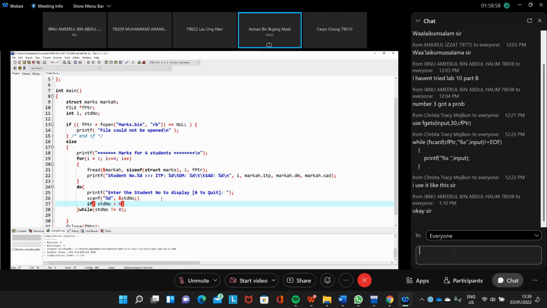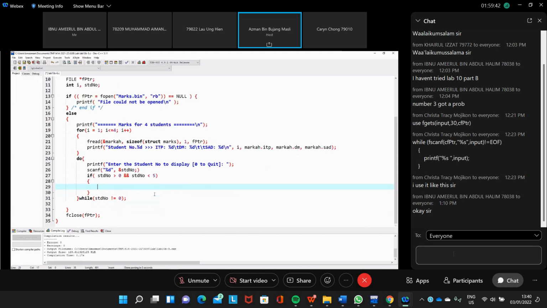Okay, student number is n, because otherwise people can also enter other values, and student number less than 5. Okay, we just allow for greater than 0 and less than 5.